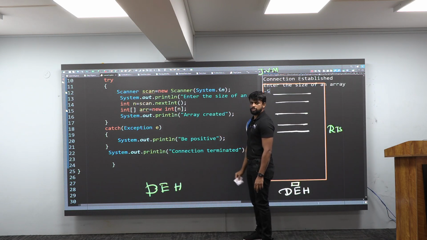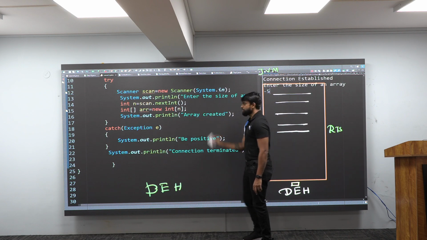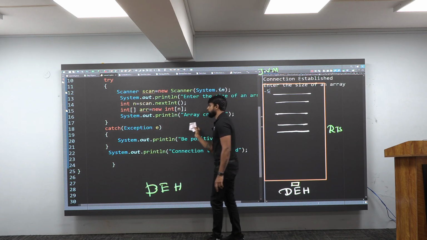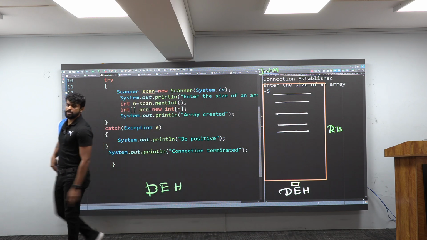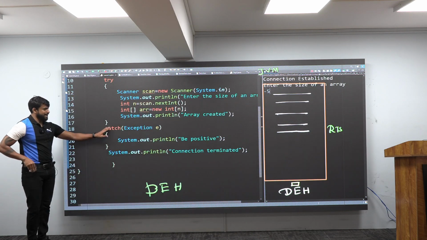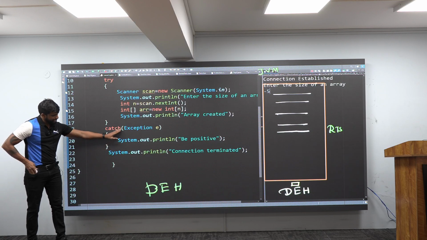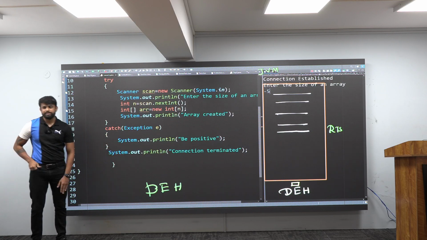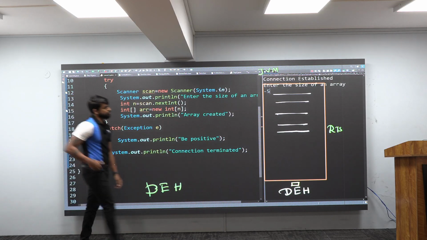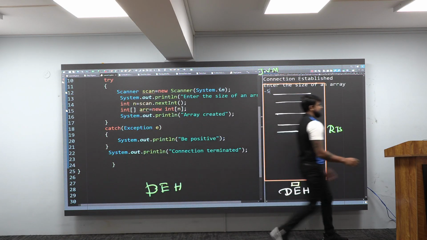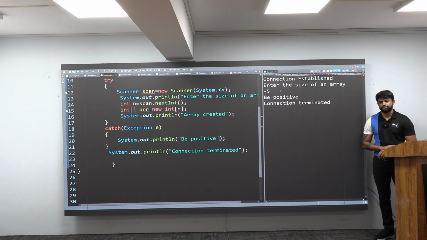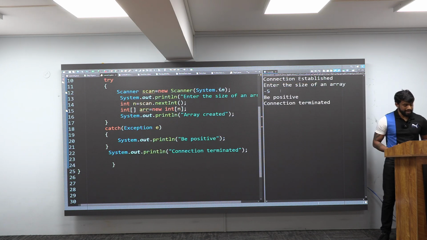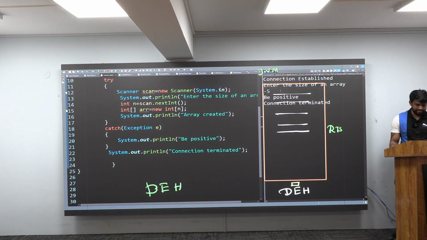Do you have a try and catch? You have try and catch, so it will go to the catch, and this fellow will catch it and keep it in his pocket. Whatever is inside the catch will execute. If I hit enter there, you can notice: be positive, connection terminated. What happened in this program now? Very simple.